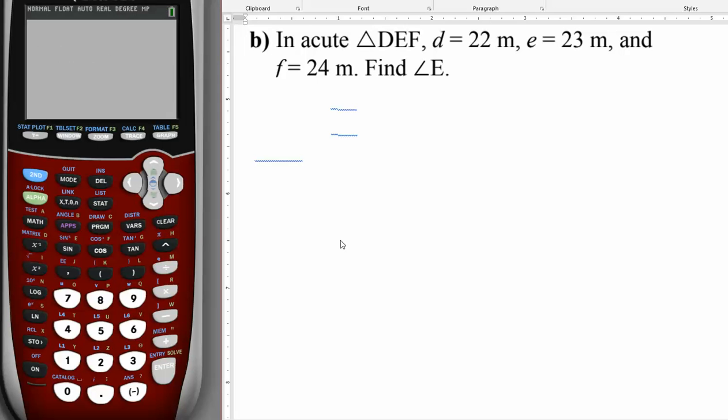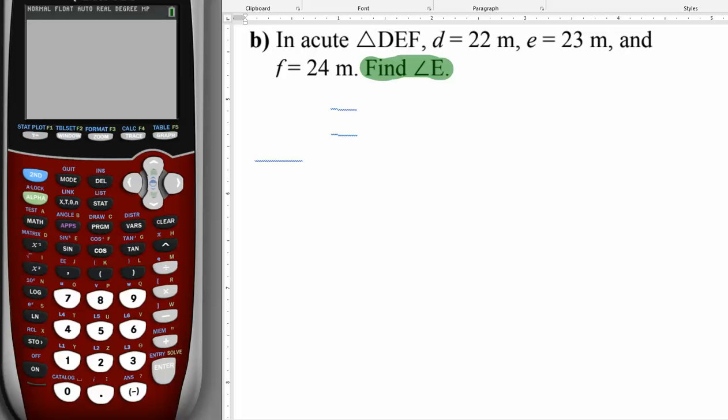Alright, geometry students, we are back again with Law of Cosines, and this time we're going to find a desired angle. Now, in this problem, we want to find angle E. And I know right off the bat, any of you that are looking at your notes or looked at the previous video,